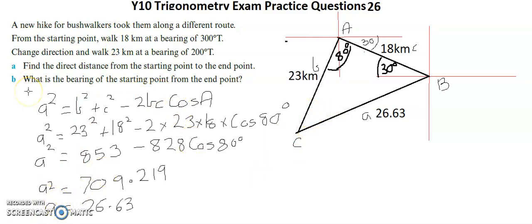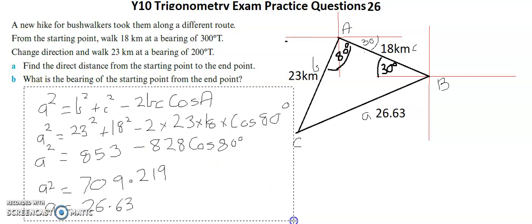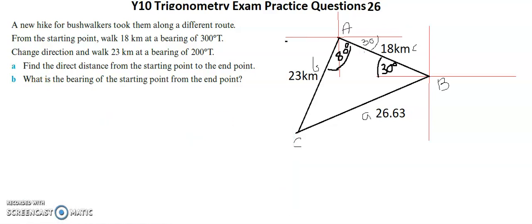Before we get started with B, I'm going to delete this so I've got some extra space for my working out. So I'm just going to rewrite my cosine formula, starting with c squared is equal to a squared plus b squared minus 2ab cosine